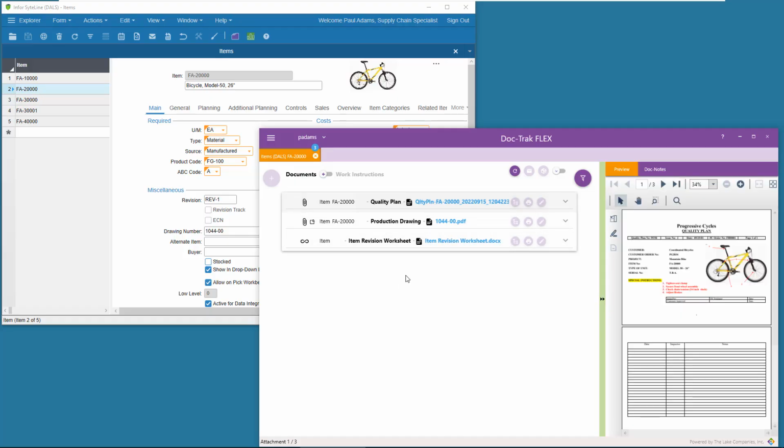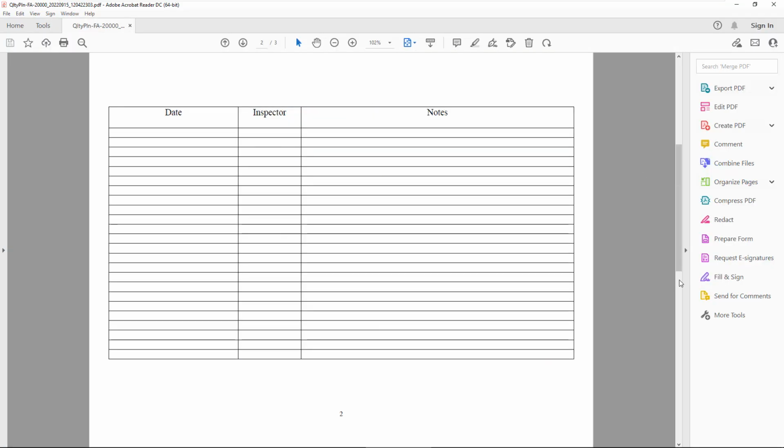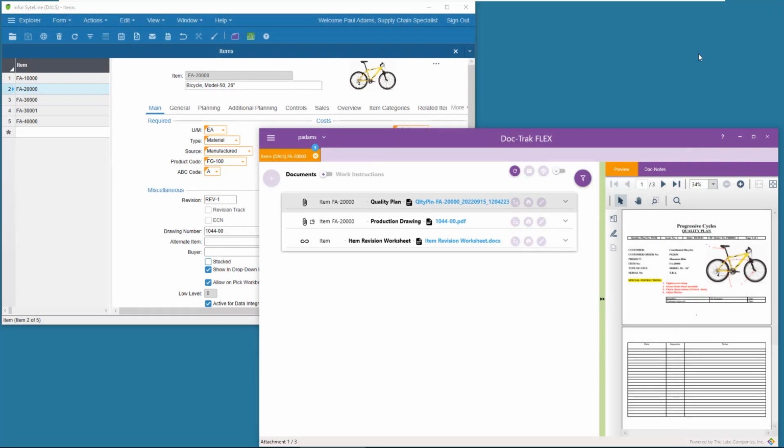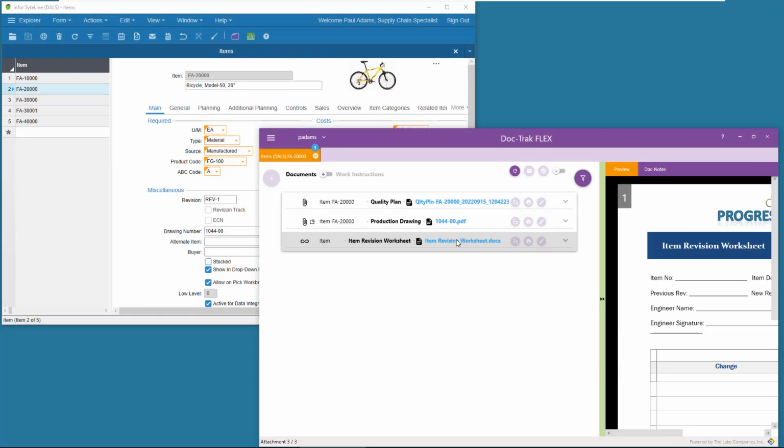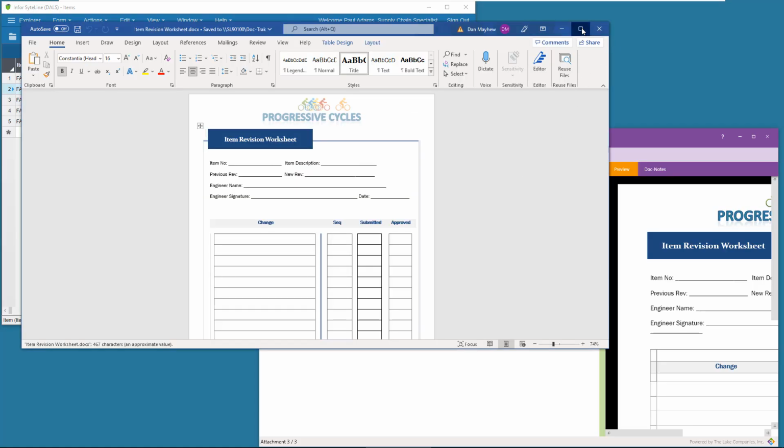Here's the quality plan for that model. And here is the item revision worksheet. This one is a docx file, so when I double click it, it opens in Word.